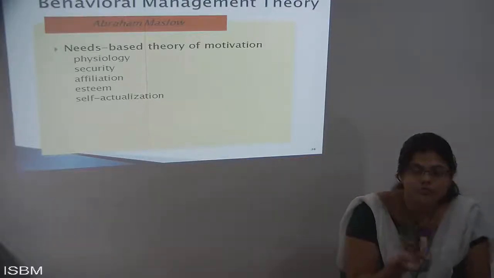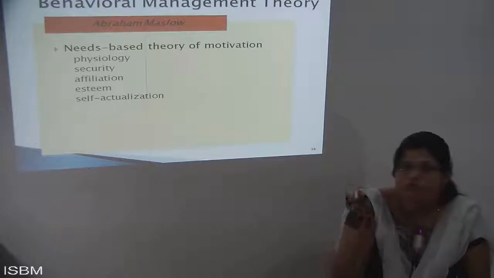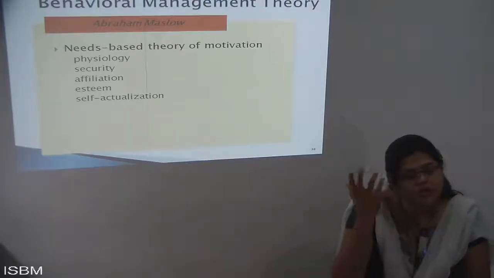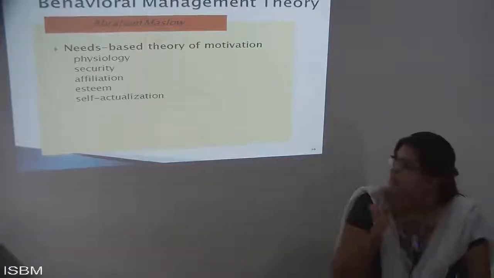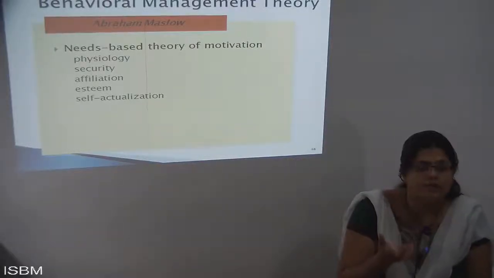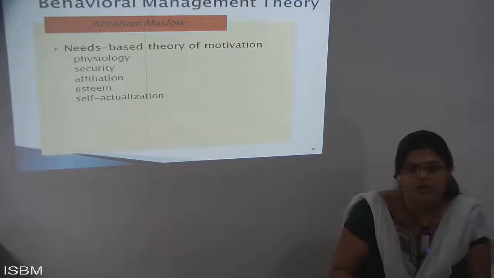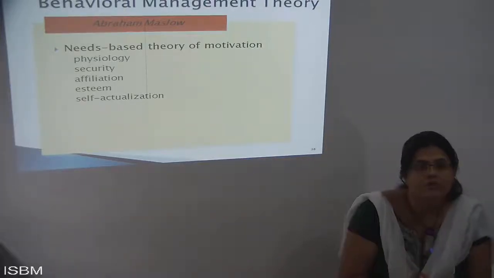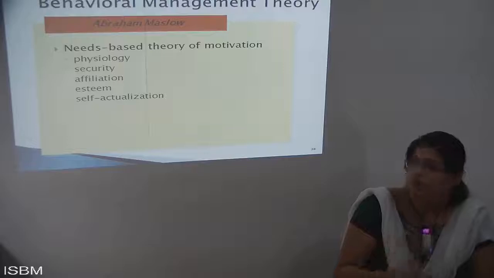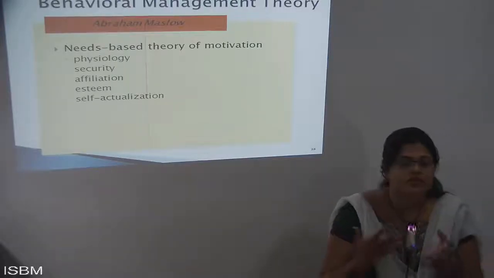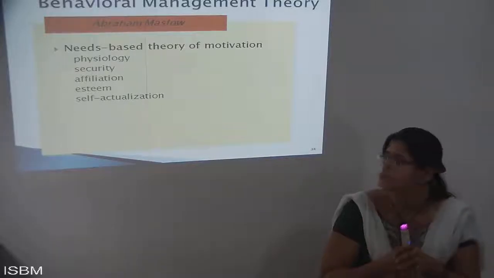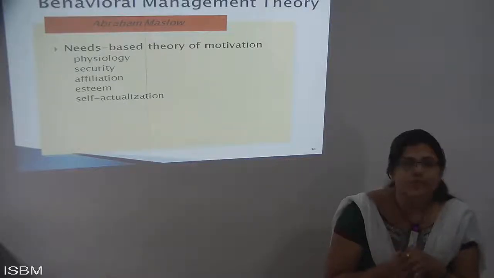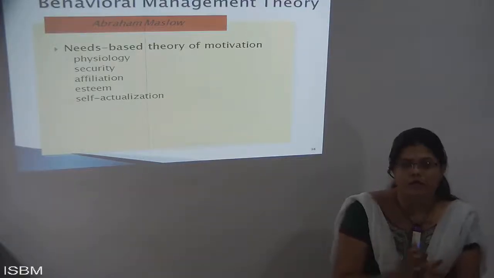If you do this, you need to think about the physiological needs; you need to be thoughtful and use techniques. Next is security: you should be secure when you are a human. Then affiliation, meaning there should be coordination amongst each other. Then esteem: you should know about yourself, what is my right and what is my wrong.